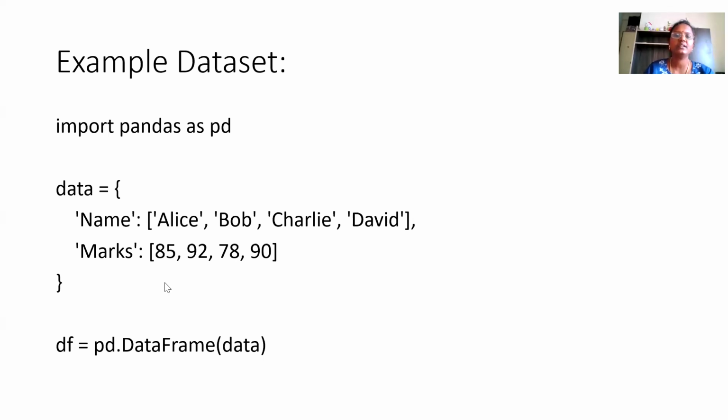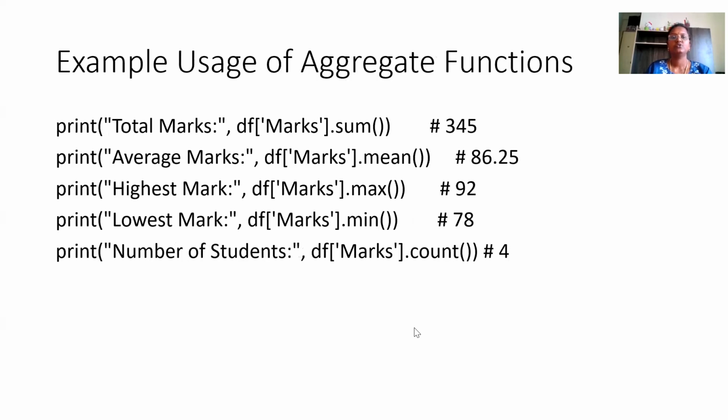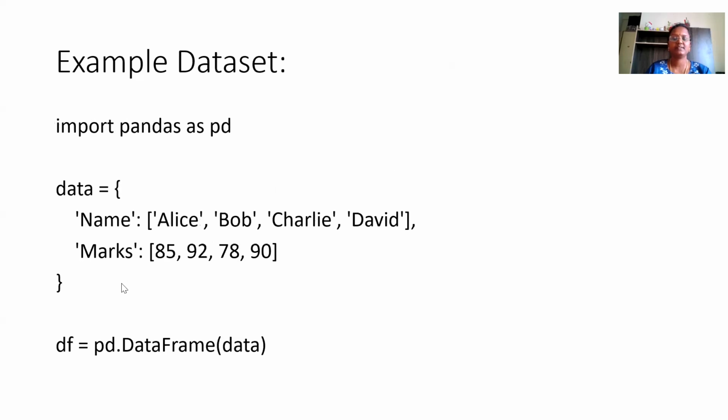So now we are converting this data into a data frame using the function pd.DataFrame of data. We are just converting the given input value into a data frame. A data frame is nothing but columns. Then we have to apply the aggregate function. In the previous data, you can see that in one column you will have the names, and in one more column, we will have the marks according to the names.